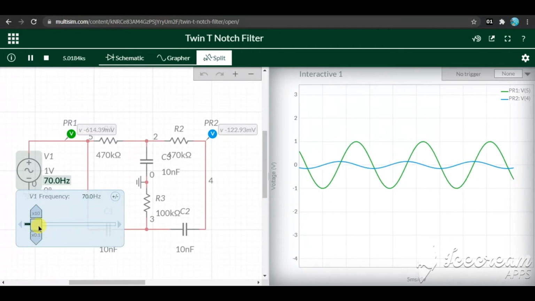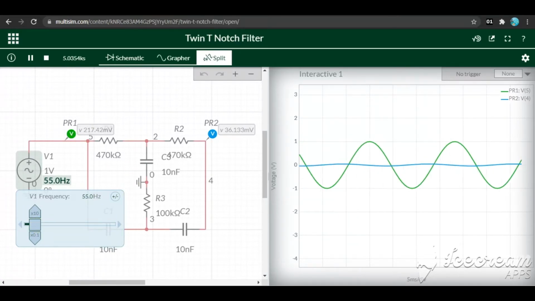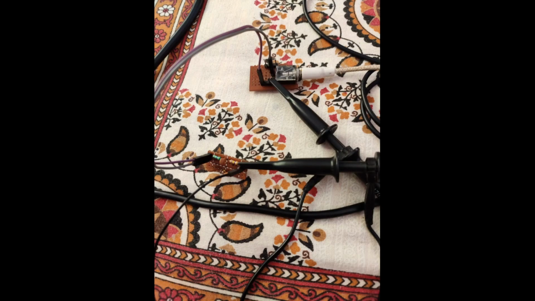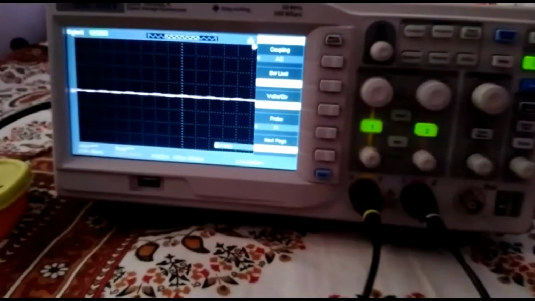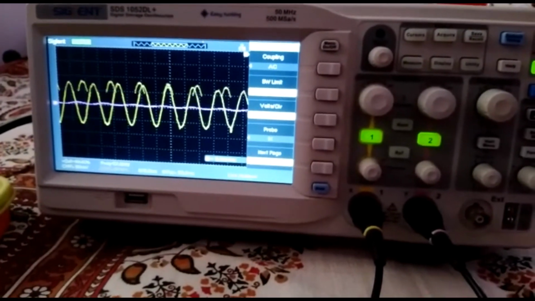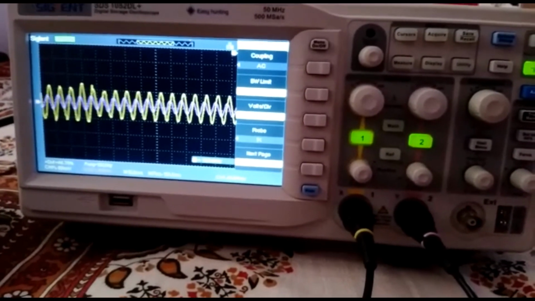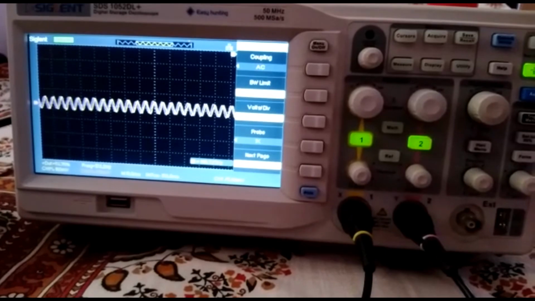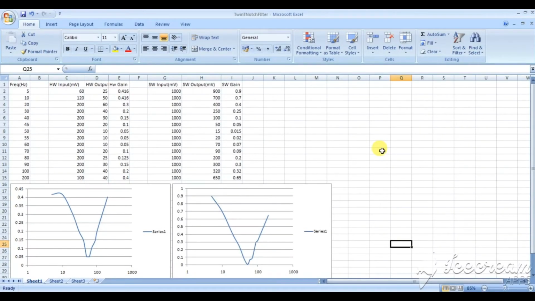Now I construct the circuit since I found it to be promising. I build the circuit on a piece of Vero board, as you can see here, and now I use my phone as a function generator. The link for the app will be in the description. As I do a frequency sweep from 1 Hz to 200 Hz, as you can see on the DSO, the circuit successfully removes the 50 to 60 Hz narrow band of frequencies, and therefore the circuit works pretty well.